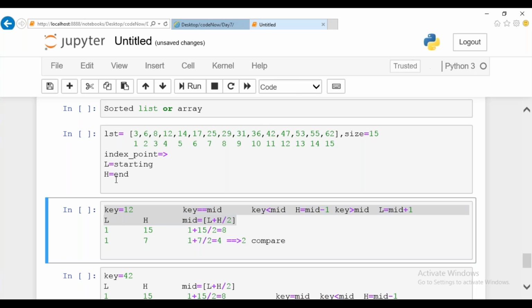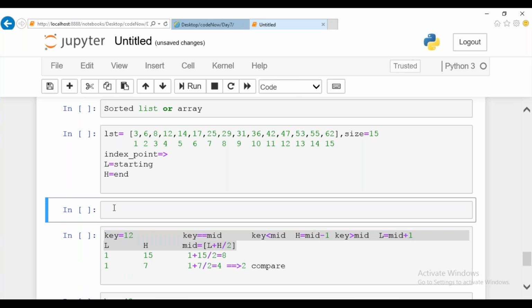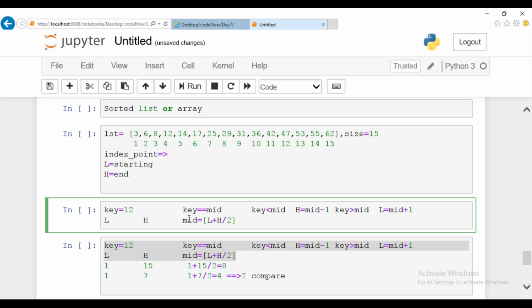We'll give this last test case, which is nothing but test case 3, guys. After completing this, we can go ahead with the logic and the programming of it. So let us assume I give my key value as 30. What happens here? My key value to be searched is 30, which is not there in the list. We'll see in how many comparisons it finds out whether the element is there or not.